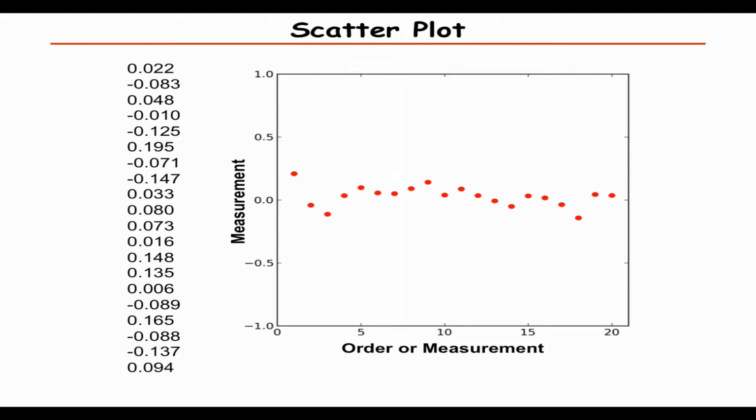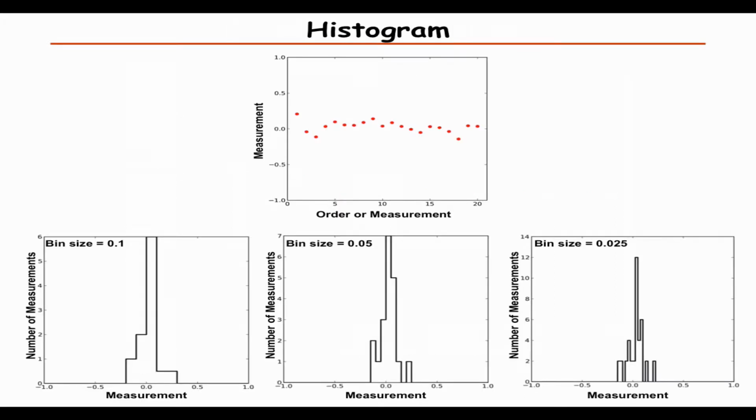One way to look at the spread is to plot a histogram. The next few slides will be the same 20 data points, just plotted in different ways. On top we have the same plot as in the previous slide, but then we have made histograms below. The one thing when you make a histogram is you have to decide what the bin size should be. We see 3 different bin sizes, and